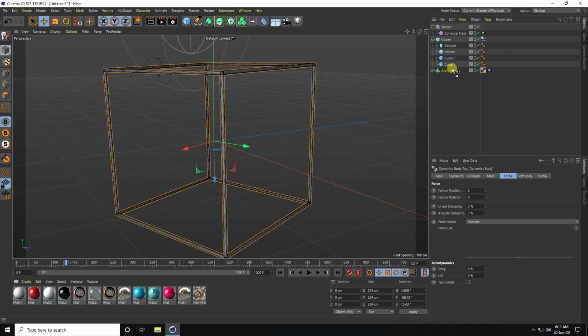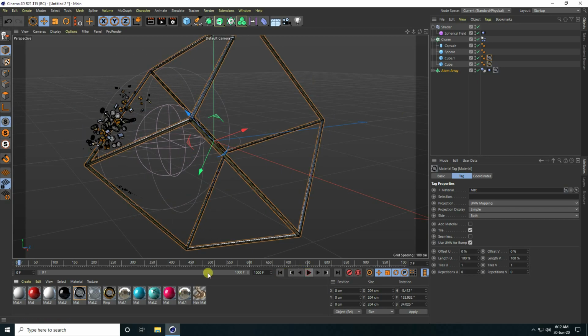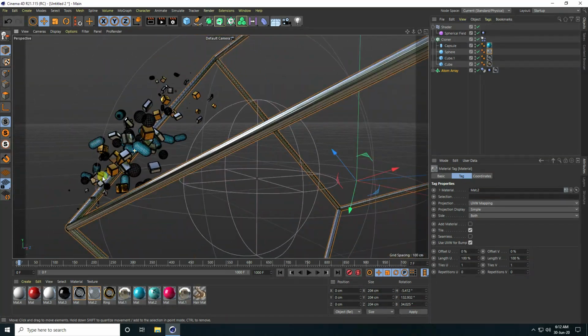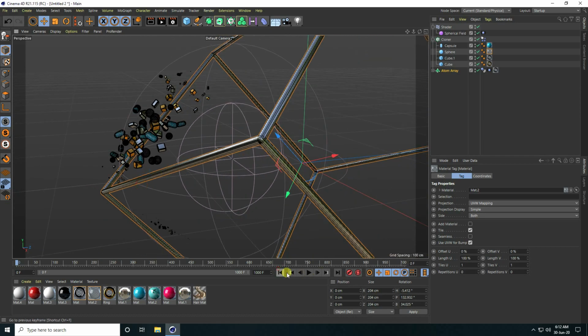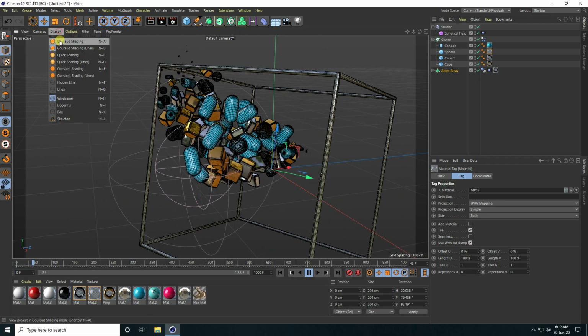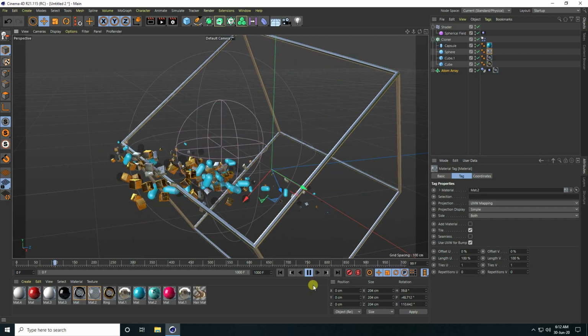Yes, and apply random materials. So silver material on the Atom Array and gold material on cubes. Yes, and guys, select this one, apply on capsule, and the last one, that's my glass, apply on sphere. Yes, see, that's my materials. It's really shiny. So play. Yeah, it's really good, right? Okay, so guys, now my first particle animation is finished.